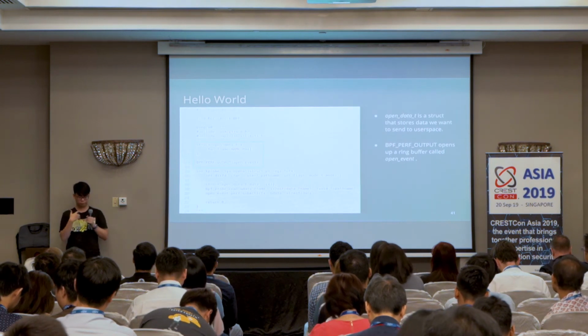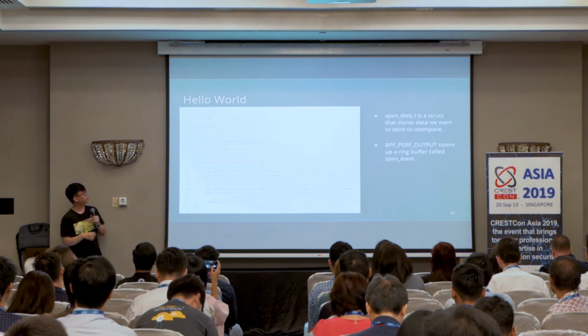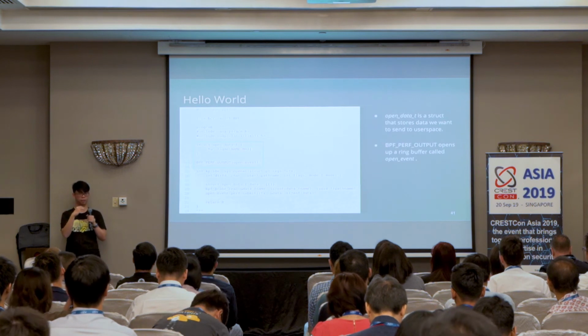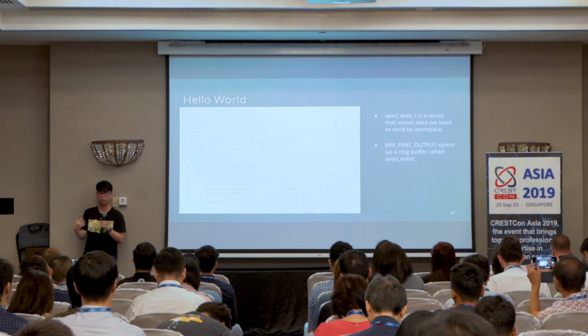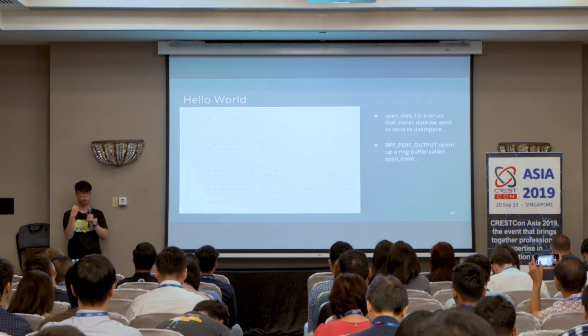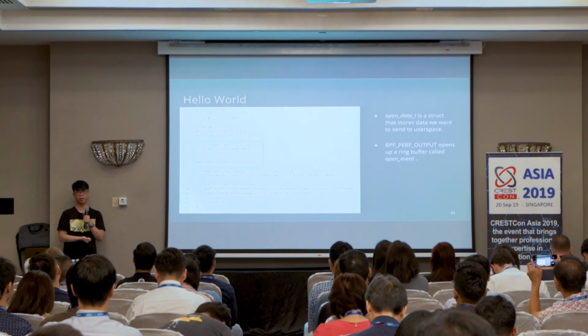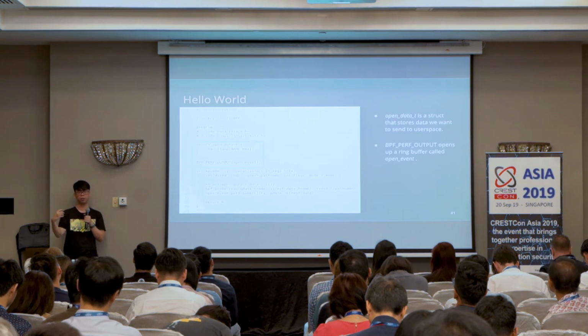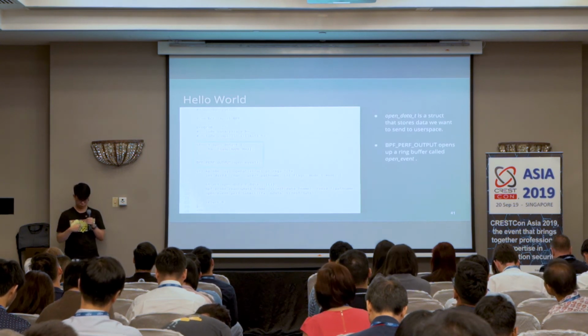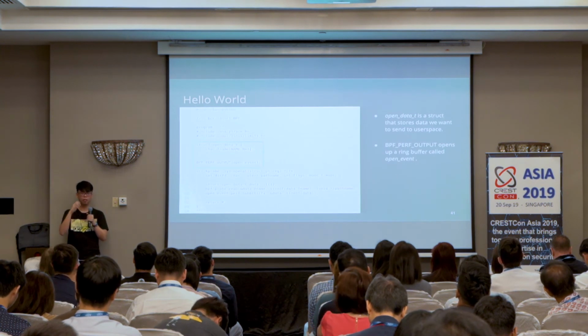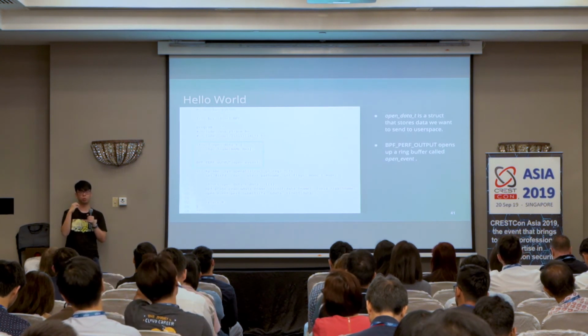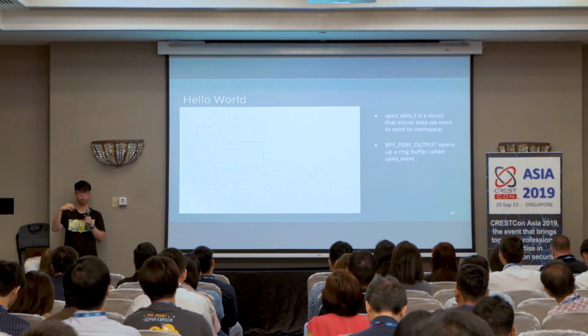So this is an eBPF program. In the first section that I've highlighted, we are defining a structure that will contain the data that we want to transfer into user space. In this case, it will be a structure containing a file name character array because we are interested in passing the file name being opened to the user space program. And we are using the BPF perf output function to open up an event. This is how we transfer stuff from kernel space into user space.